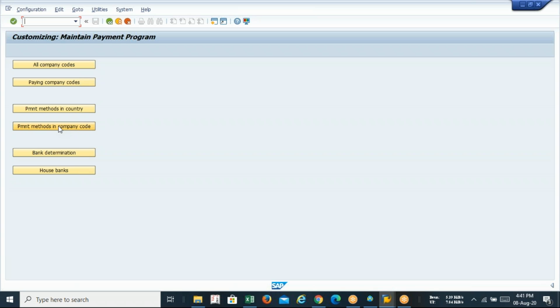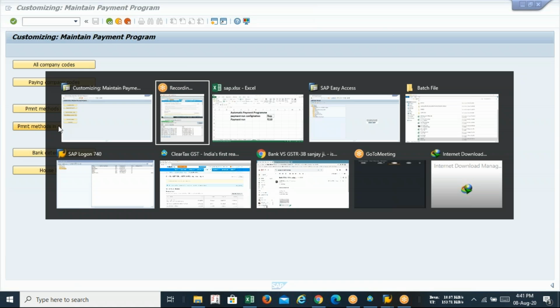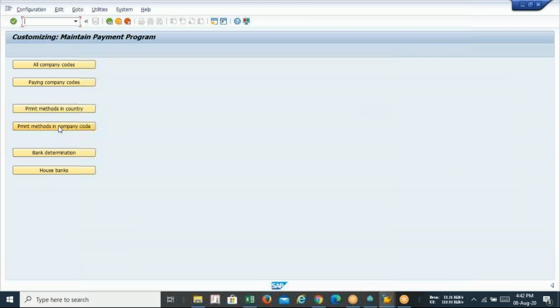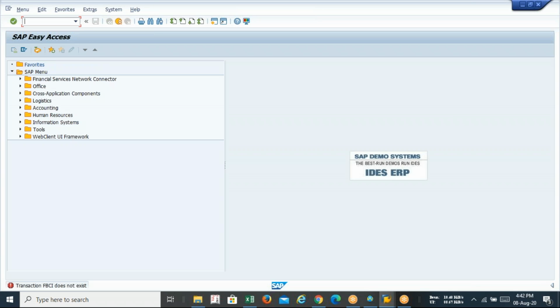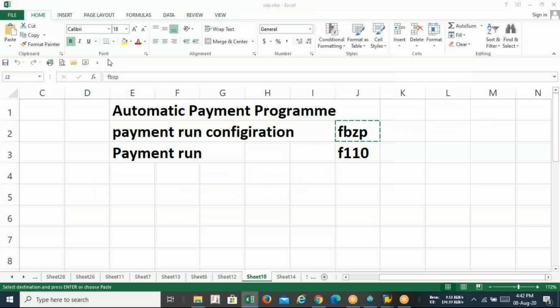As we all know that in SAP, every document you have to fill with the number. FCHI is a T code for the check lot. So just make a note of it.